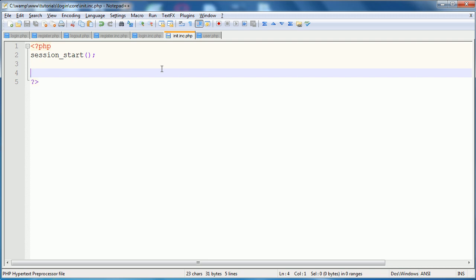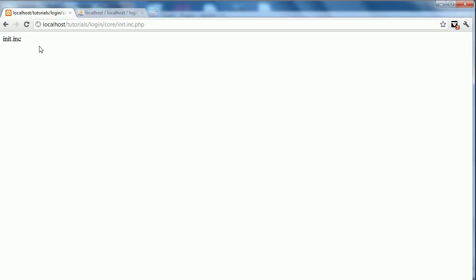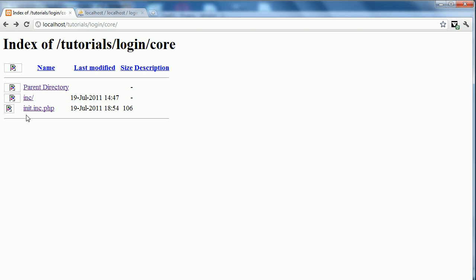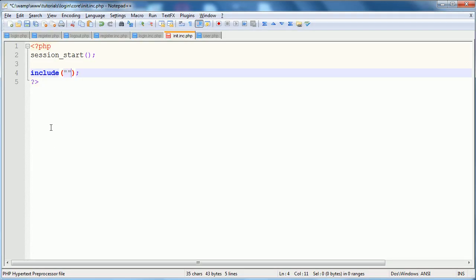The next thing that we're going to do is include the backend files, the ones that we just put our functions in. The way we're going to do this is with our include function, and as you may remember, maybe not, let's go back there. They're in this inc folder. We're working in the core folder and they are in the inc folder. So as you would think, we might go inc and then the file name,